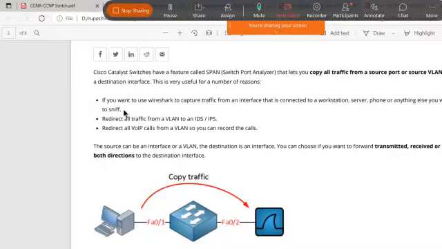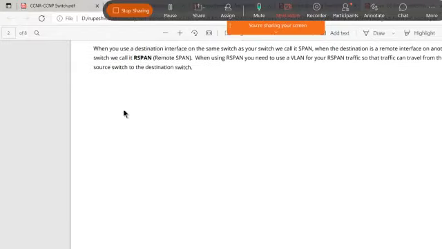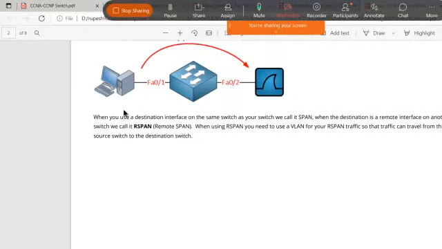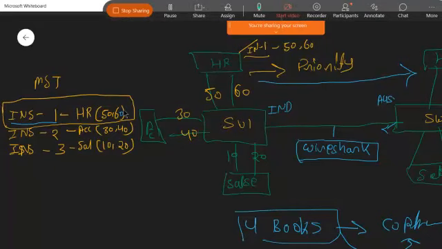So after receiving that, what can we do? When you see a destination interface on the same switch, we call it SPAN, right? When the destination is a remote interface on another switch, we call it remote SPAN, right? Meaning if the destination is on the same switch, that is SPAN.